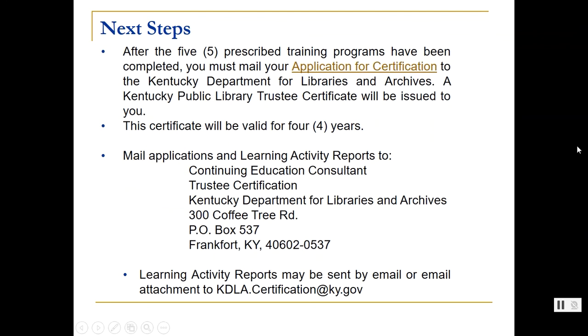After the 5 prescribed training programs have been completed, you must mail your application for certification to the Kentucky Department for Libraries and Archives. A Kentucky Public Library Trustee certificate will be issued to you. This certificate will be valid for 4 years. You can mail applications and learning activity reports to Continuing Education Consultant Trustee Certification at the Kentucky Department for Libraries and Archives, 300 Coffee Tree Road, P.O. Box 537, Frankfort, Kentucky, 40602,